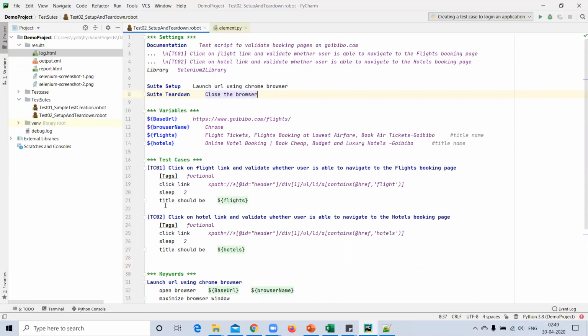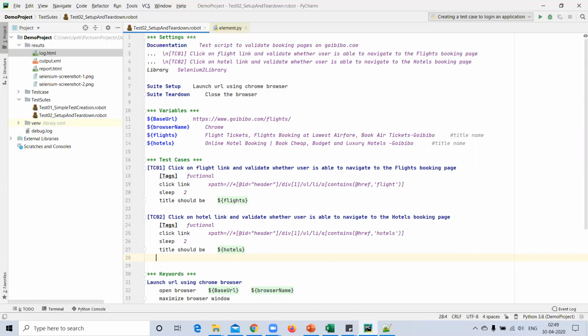So it makes it easy to understand, and it reduces the complexity of the program. That's why we are providing the suite setup, because we are using this method once before execution and after execution.